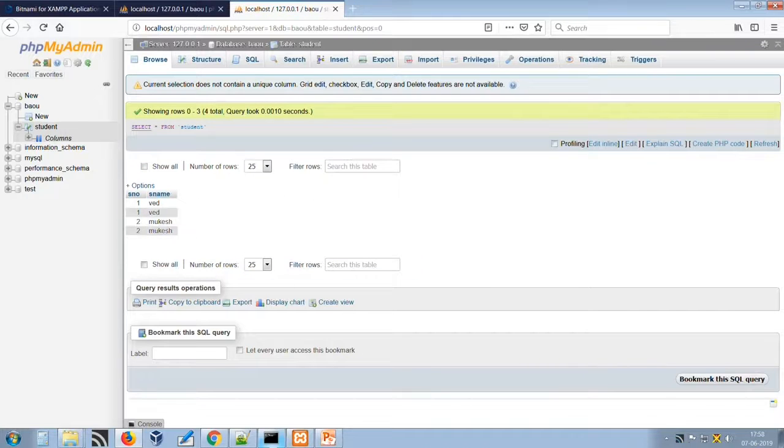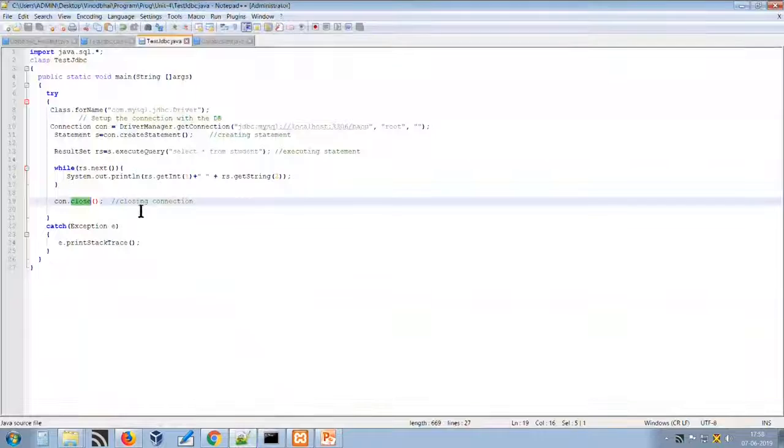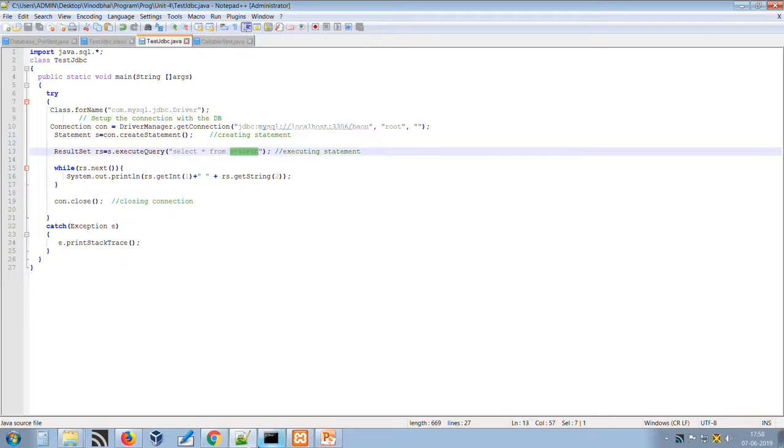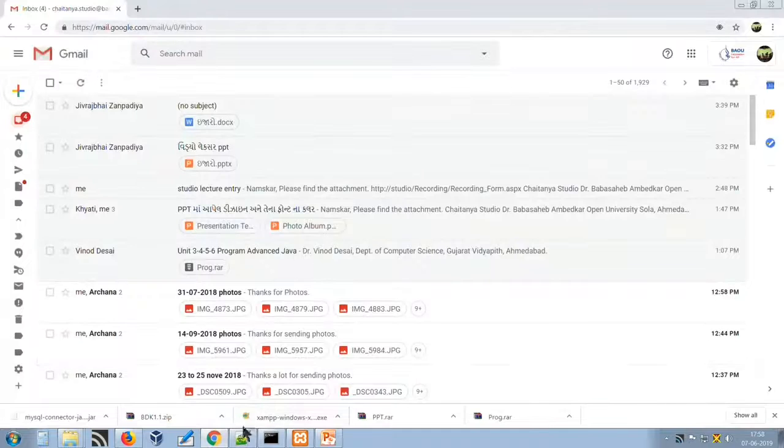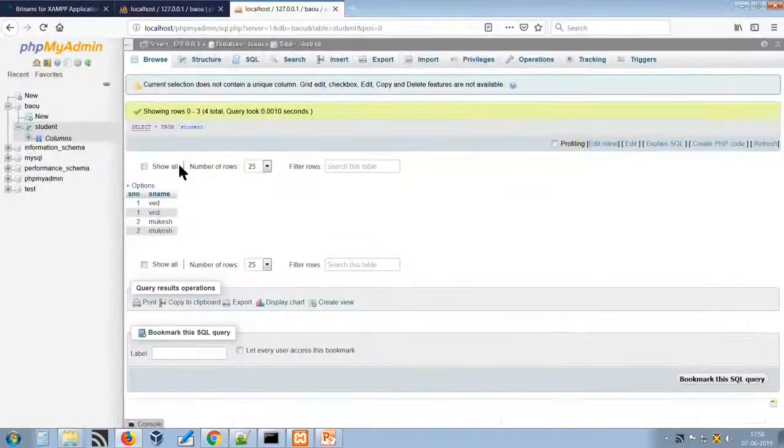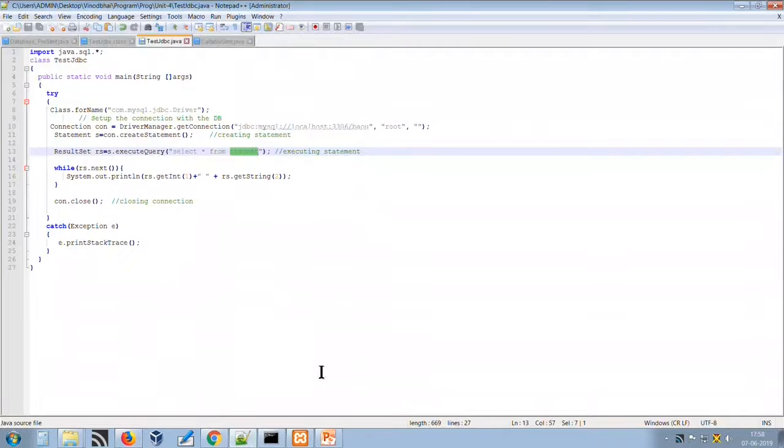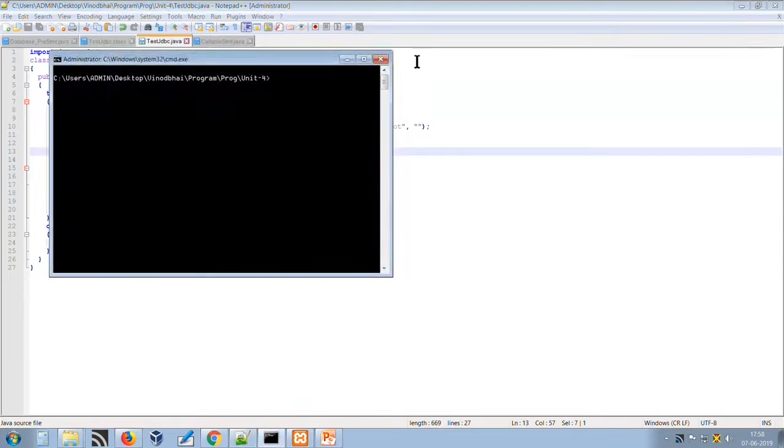So now what we are doing is establishing the connection with BAOU, firing the query on this student table, and fetching the records and displaying them. Now let us test it.